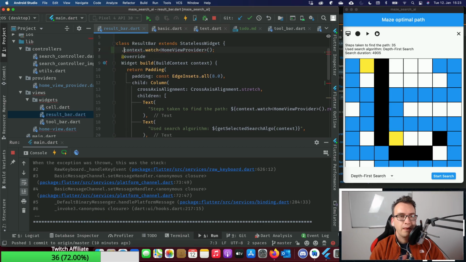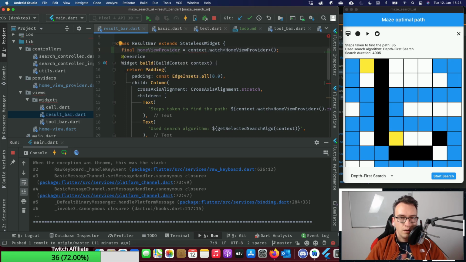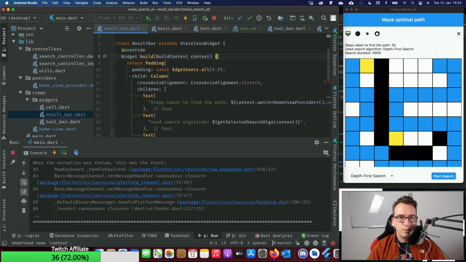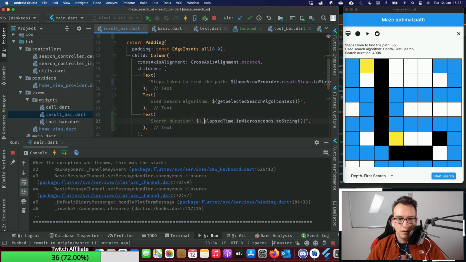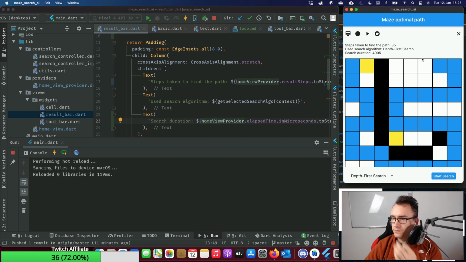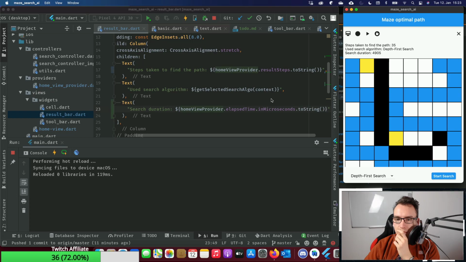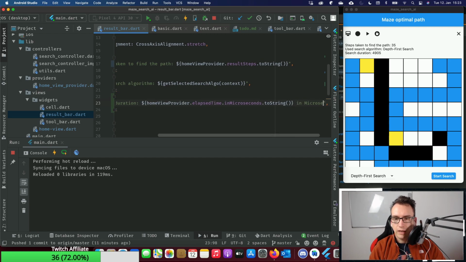So, yep. So our home view provider equals the context. It needs to be in the build method, of course. And this guy replaces this here, and down here. Good. Okay, and here we can add also in microseconds.